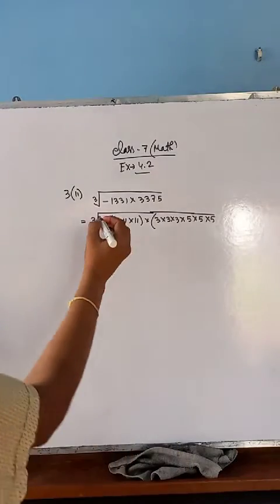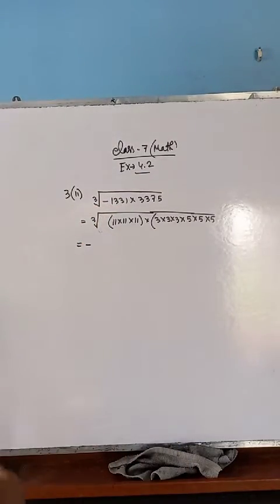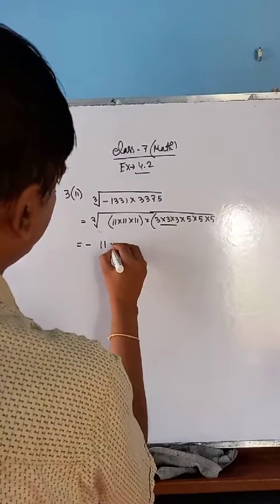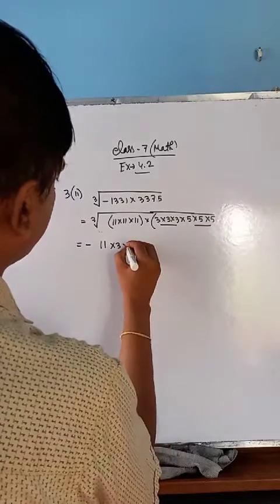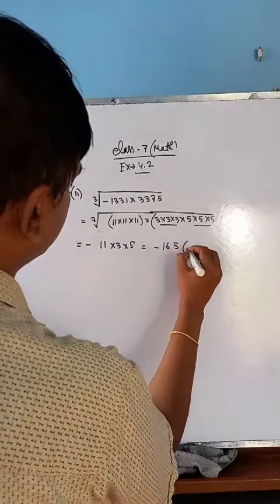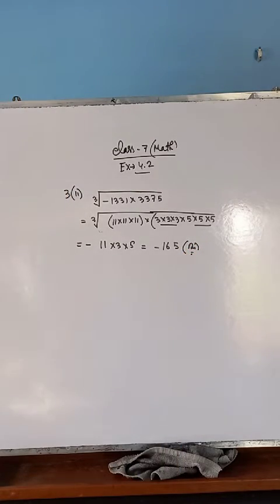Whenever there is a minus in the cube, first you keep the minus outside. Clear? Now these 3 you get 11, these 3 you get 13, these 3 you get 15. The answer will be minus 11 by 15. This will be your answer. Clear? In this way you can solve this problem.